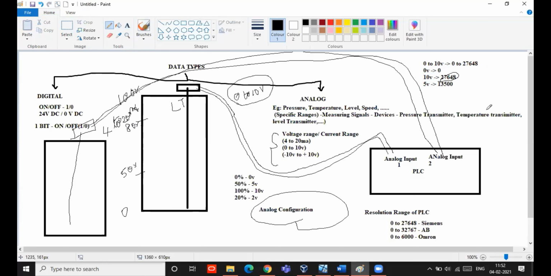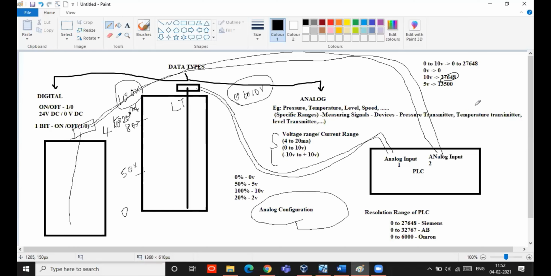That only I have to take. If my set point is 100%, what is 100% of 27,648? It is 27648, right? So I have to mention 27648 as the set point. Like that only I have to mention. So based on the resolution range of the different brands of PLC, we have to do the program.